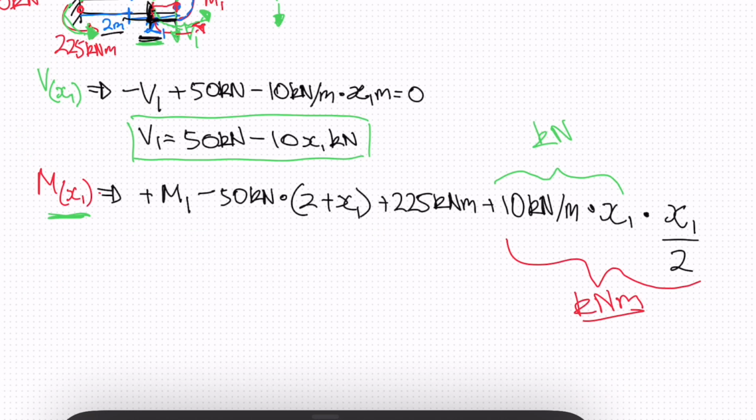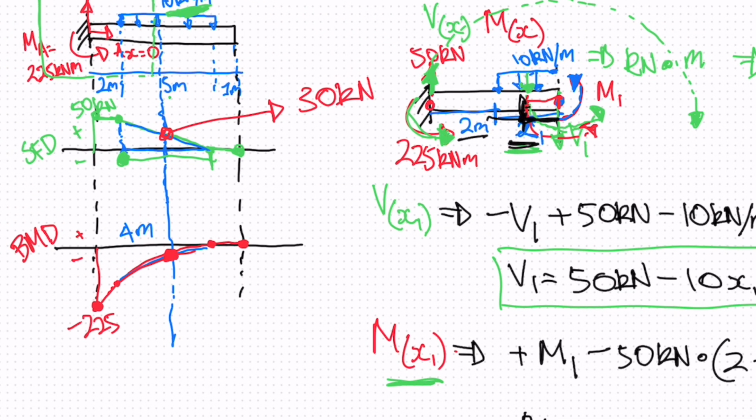All right, so if we solve for M1, M1 will be equal to negative 5x squared plus 50x minus 125. Now we can plug in our numbers, right? So the distance we're looking at, if we look at our beam, is this distance, which is 2 meters. Because this distance at the beginning is 2, and then we have 2 plus 2. This will be 4 meters along the beam, but we're only looking at this distance. So if we plug in 2 meters into our equations,